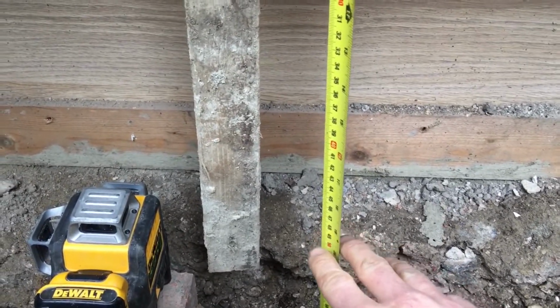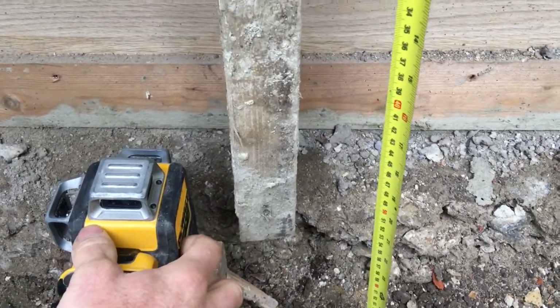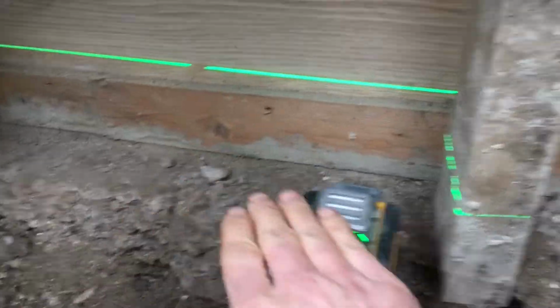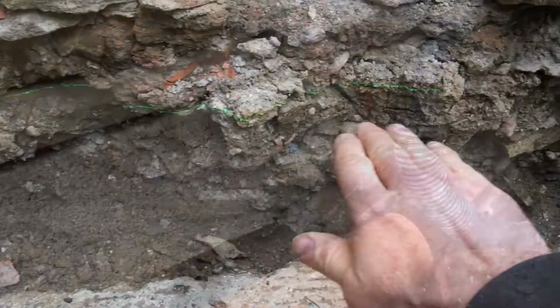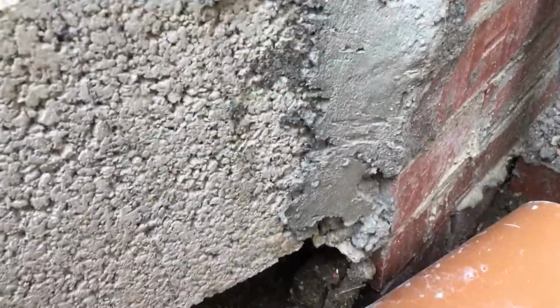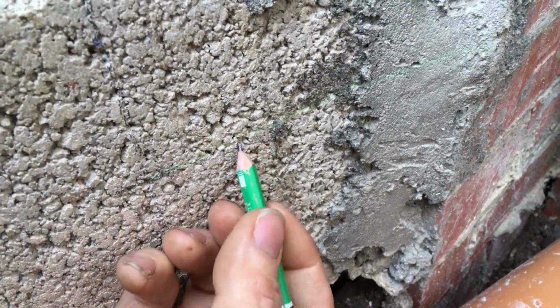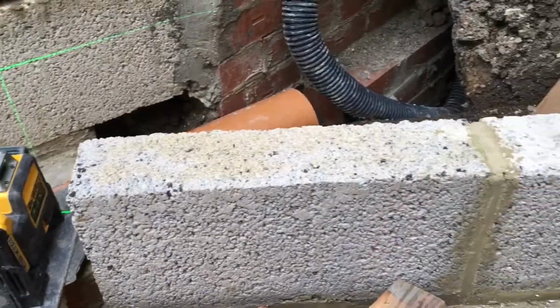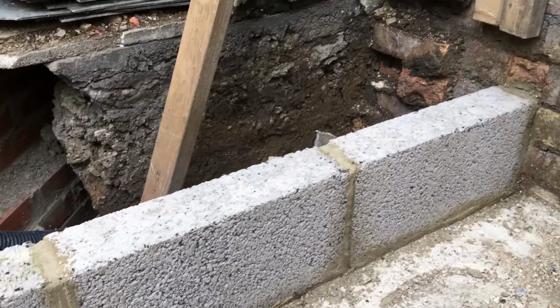so I set the laser up, switch it on, and it then projects that horizontal plane all the way across the foundation. I come across to the marks on my retaining wall, there's the green laser line, and I make my horizontal mark. Now when it comes to setting up the first course of blocks, I can do away with